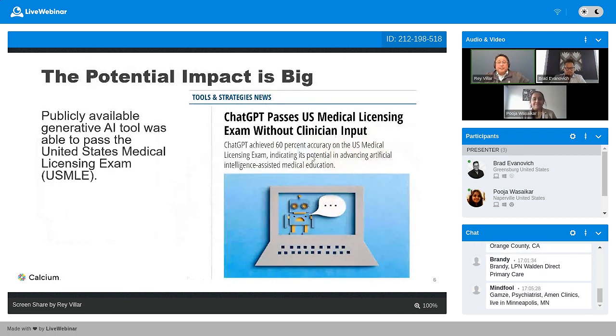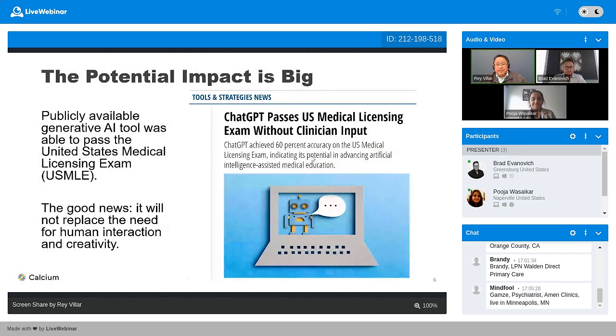Some of you may have seen this news article a couple of months ago, that ChatGPT passed the U.S. medical licensing exam without any clinician input. Now, ChatGPT is a publicly available generative AI tool. It's just one of many. So I'm going to be really focusing on generative AI here because that's the more appropriate term.